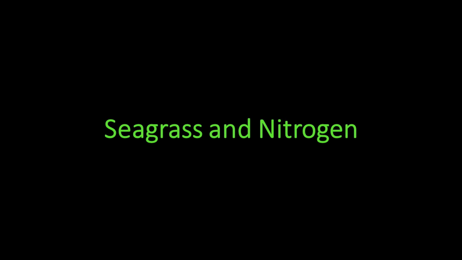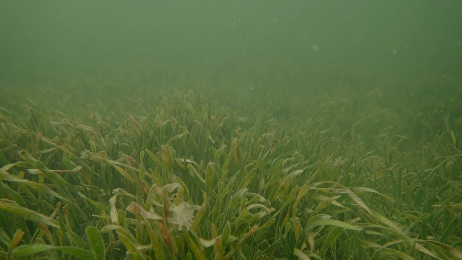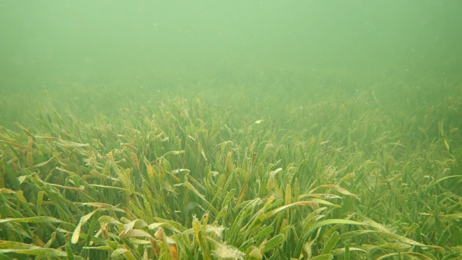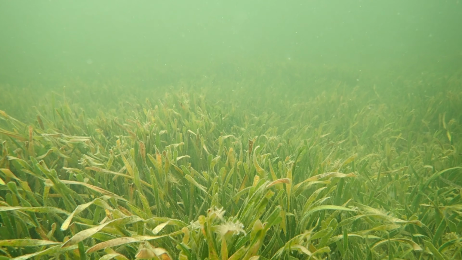Now that we have covered the best known mechanisms of the nitrogen cycle, it's important to apply what we have learned to a living, breathing ecosystem. The nitrogen cycle behaves differently in every habitat. Today, we will discuss the nitrogen cycle in relation to seagrass communities. Let's first introduce the general characteristics of seagrass ecosystems in order to gain more insight into its interactions with nitrogen.